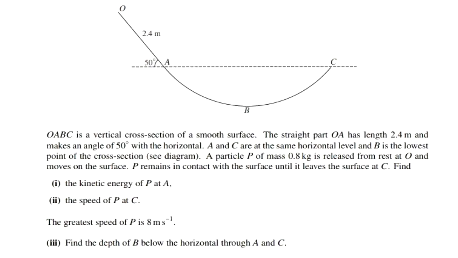A block of mass 8 kg is at rest on a plane inclined at 20 degrees to the horizontal. The block is connected to the vertical wall at the top of the plane by a string. The string is taut and parallel to the line of greatest slope of the plane, like the diagram given. First part, given that the tension in the string is 13 Newton, find the frictional and the normal component of the forces exerted on the block by the plane. Second, the string is cut. The block remains at rest, but is on the point of slipping down the plane. Find the coefficient of friction between the block and the plane.